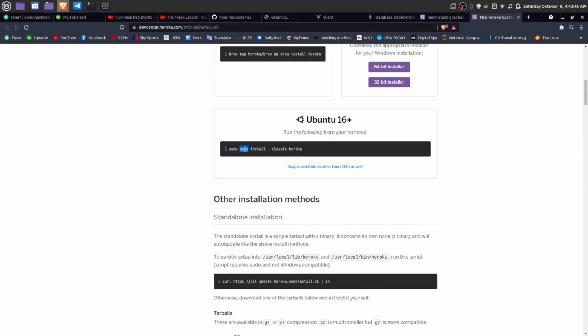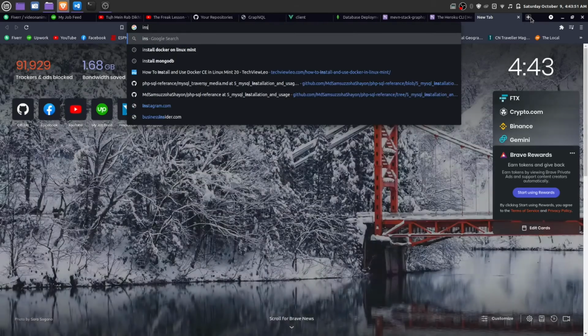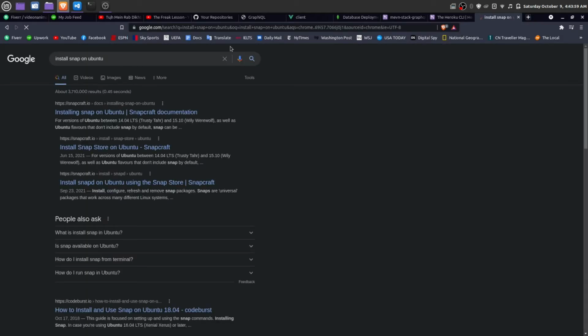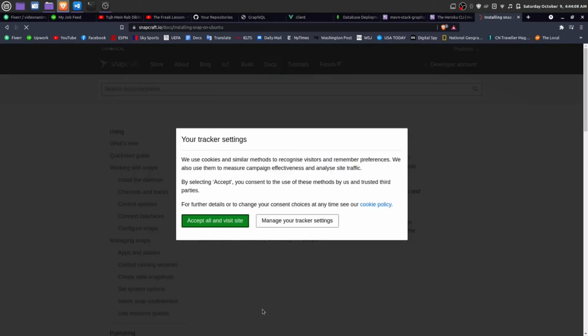You must have Snap Package Manager. If you don't have Snap Package Manager, just search for install Snap on Ubuntu.